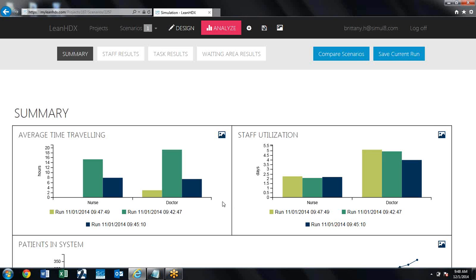Now the question always is, can we improve this further? And usually the situation is yes. There are many more scenarios that we could test with this particular layout, but I'm going to leave that to you to investigate, to experiment, and to learn how LeanHDX works. Good luck,